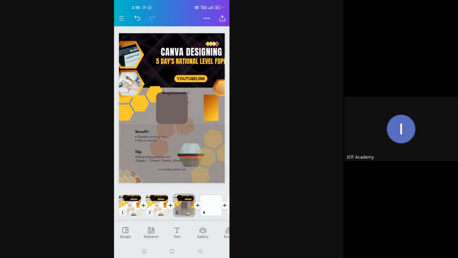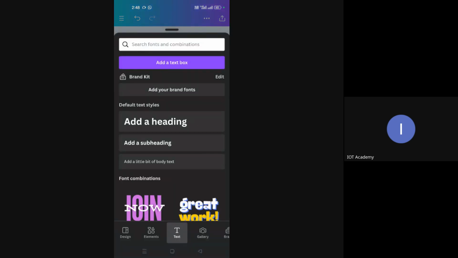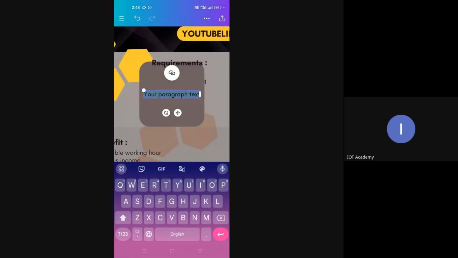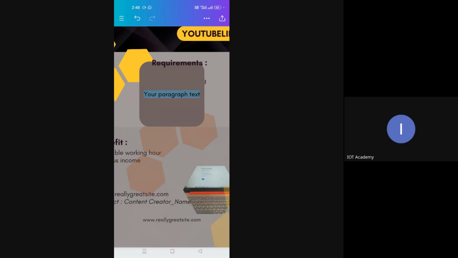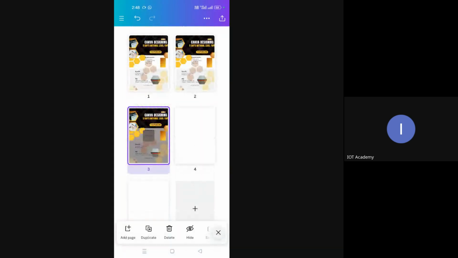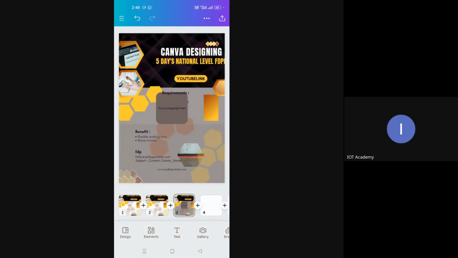Now, text, I showed you, right? There are ways to insert the text. Suppose you go to the template directly and tap on the text that is available by default, in order to change that, you can simply tap and change it. Otherwise, you can just go to this page. Okay. And when you tap on text, you will be able to edit the text one by one.